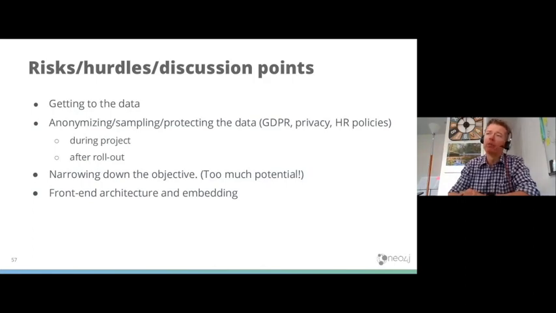The last element is more about how you are going to use this, roll this out, embed this into your organization. We deliberately did not spend a whole lot of time on that because that's going to be different for every customer and the use cases that you prioritize. So I'm not going to go too much further into these details.